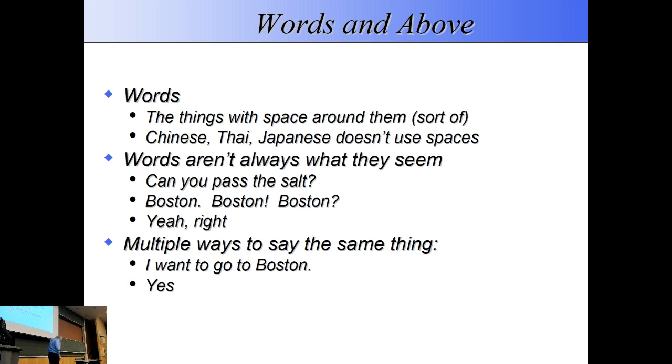Remember that when we're dealing with text, we think that words are the things that have spaces around them. Yes, I know all you Chinese and Thai people in the audience are going, wait, what, spaces? No. Chinese doesn't have spaces between words, so you have to find out where the words actually are. People are somewhat surprised, because how do you know what the words are if you don't have spaces between them? English always has spaces between words.